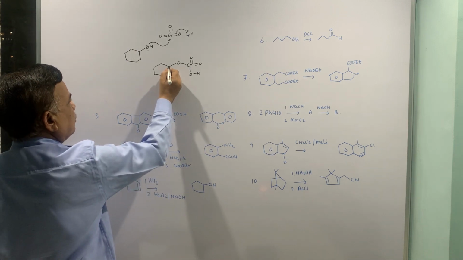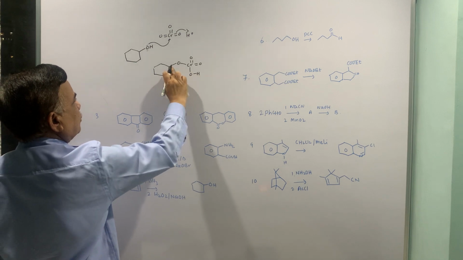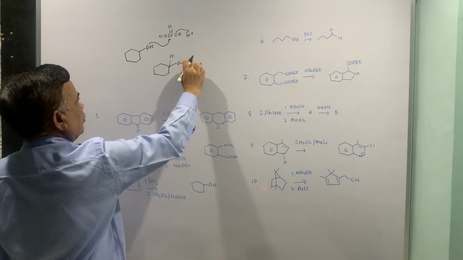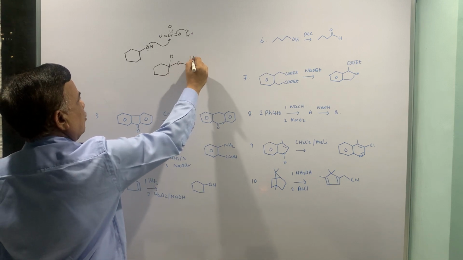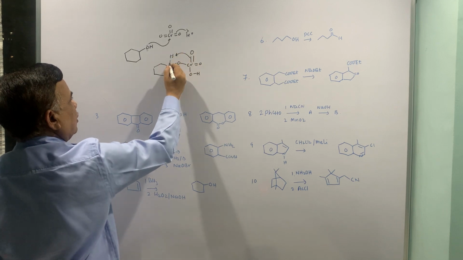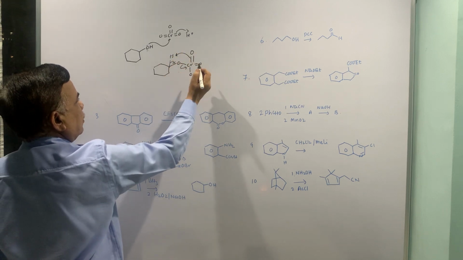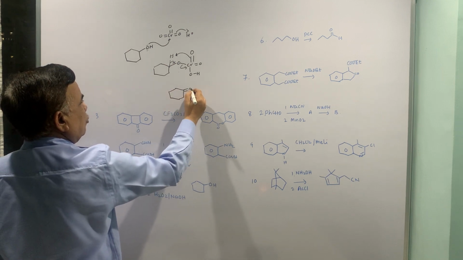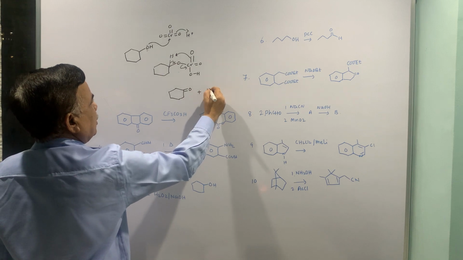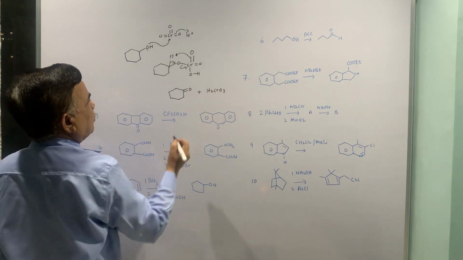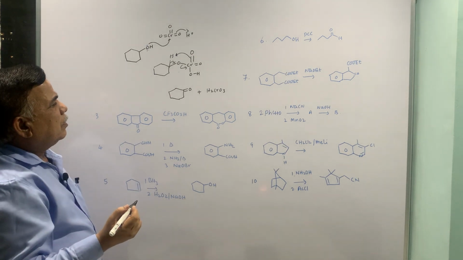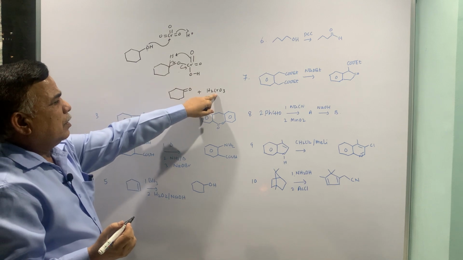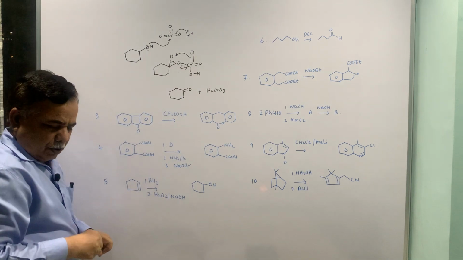Then I will show it on the top side so that you can show the abstraction of proton. Let me put this bond as slightly longer. So this will become ketone, and the other part is H2CrO3. Okay. Plus 6 oxidation number of chromium is becoming plus 4. So that is reduction. So this is first half.